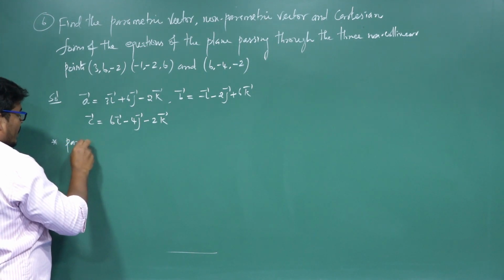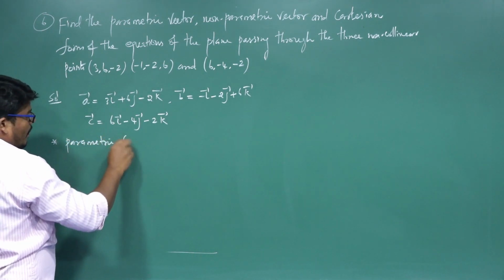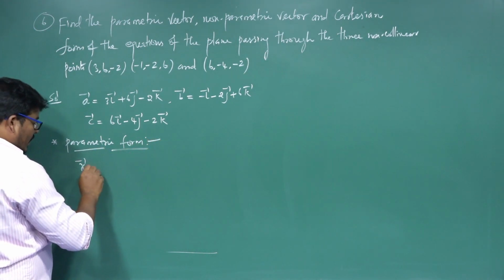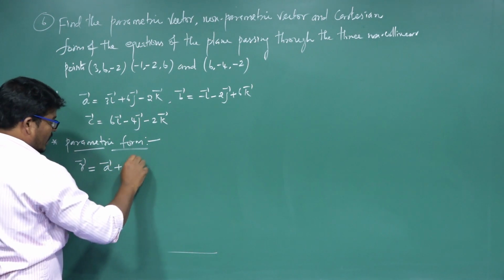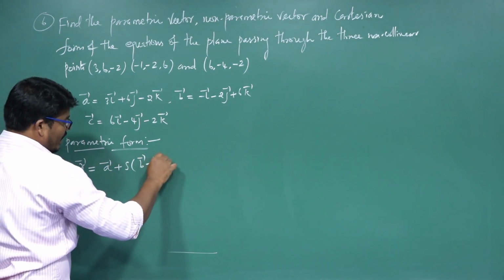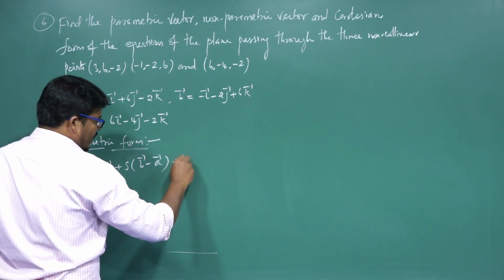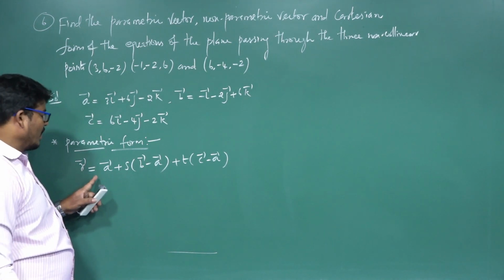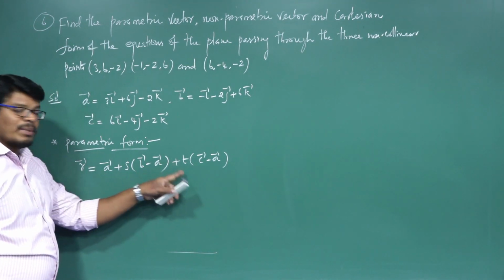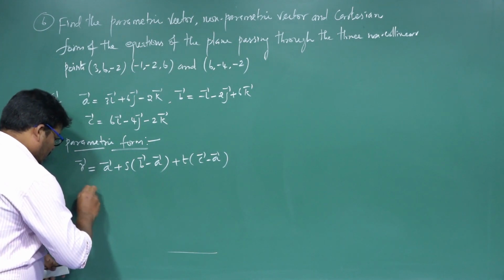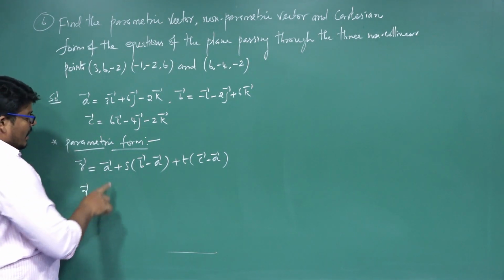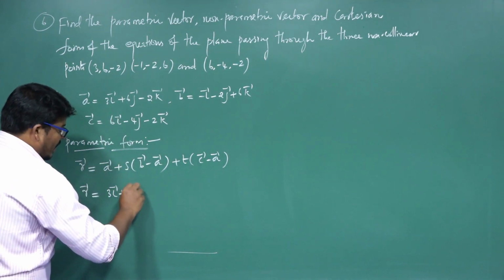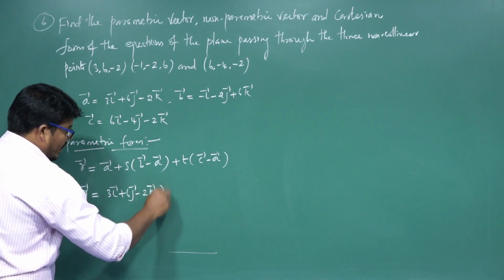The parametric form of the vector equation is r vector equal to a vector plus s of b vector minus a vector plus t of c vector minus a vector. This is the parametric form. Here a vector is 3i vector plus 6j vector minus 2k vector